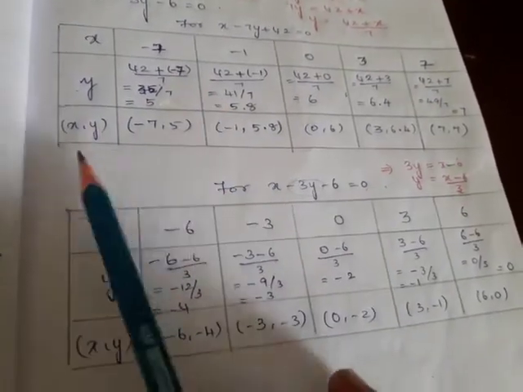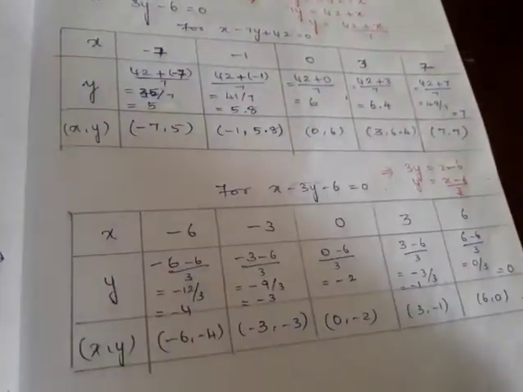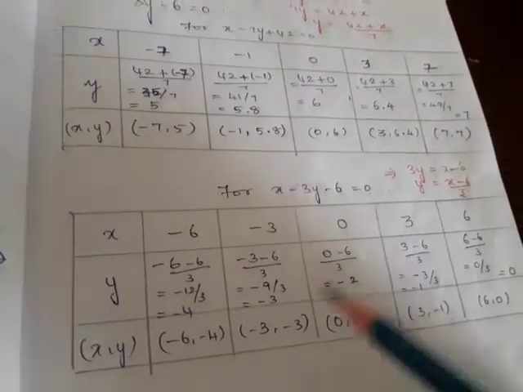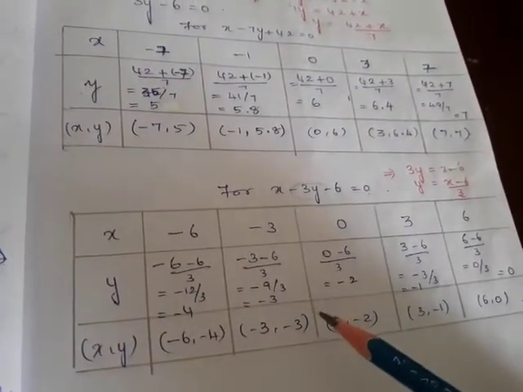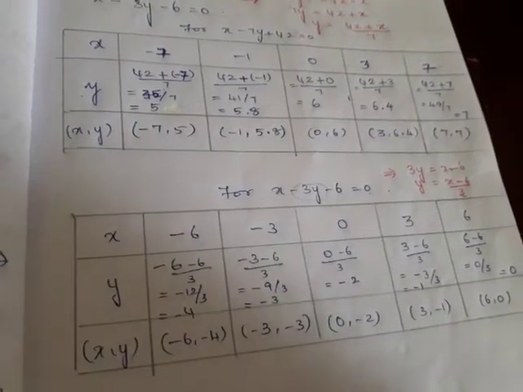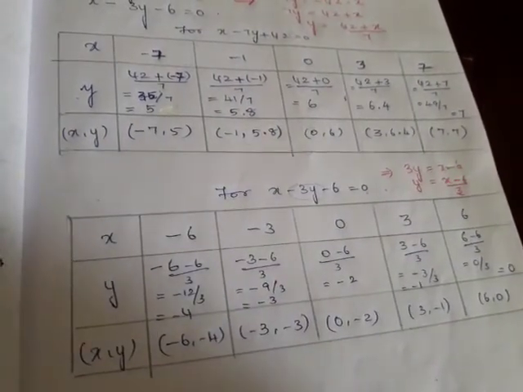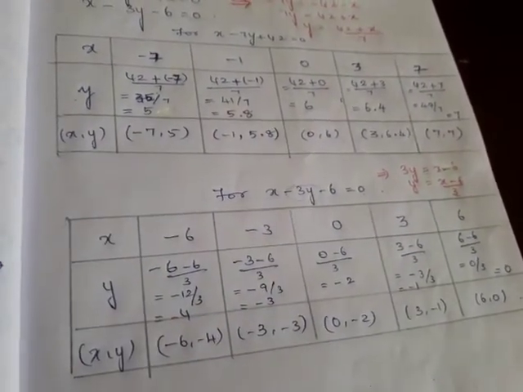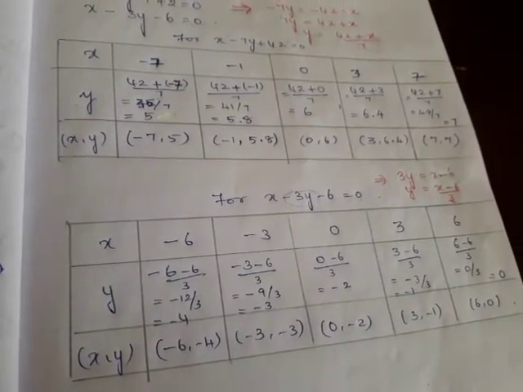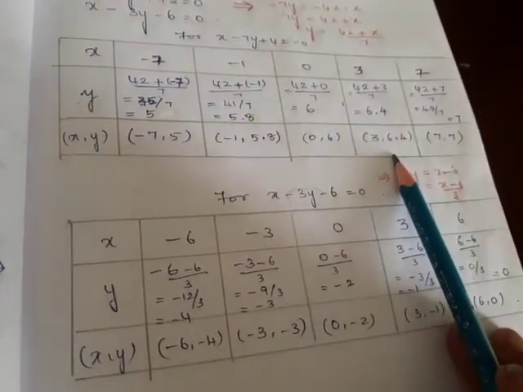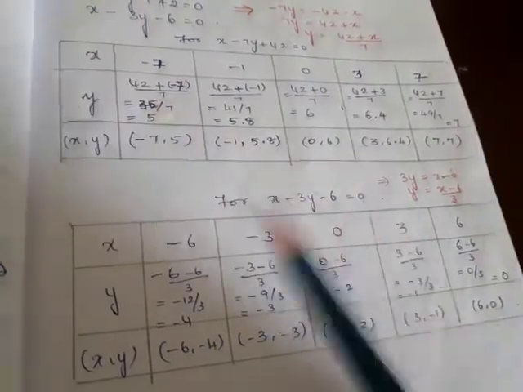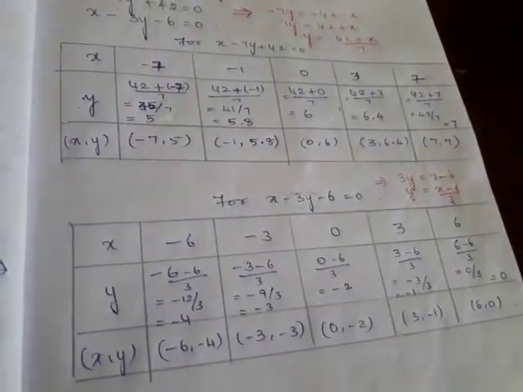First plot for one equation and join the line, make your straight line, and then go for the plotting of the second equation. If you plot all the points, you will get confused which point belongs to which line. If you join different points, you won't get the graph properly. So first plot for one equation, join a straight line, and then move on to the second line, right?